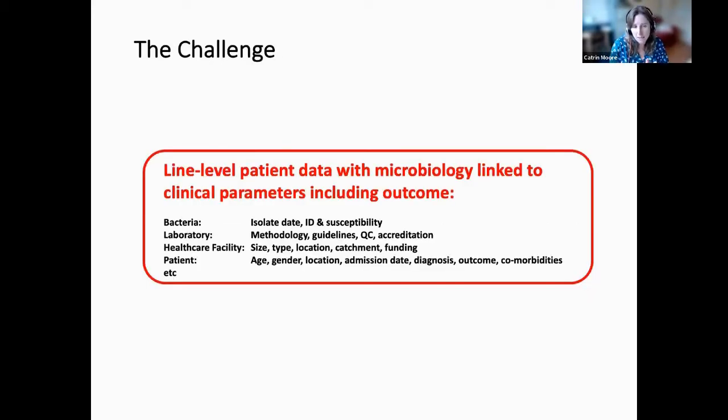Ideally, we would like to have a database that has a line for each patient in that database, which means that we can really understand that data. And that would be having clinical data on a patient, having the microbiology data, and the outcome data, whether the patient lived or died. This really gives us rich information to understand what's happening. And also, because it's big data, it means that we can see connections between that data that we wouldn't have been able to see before.